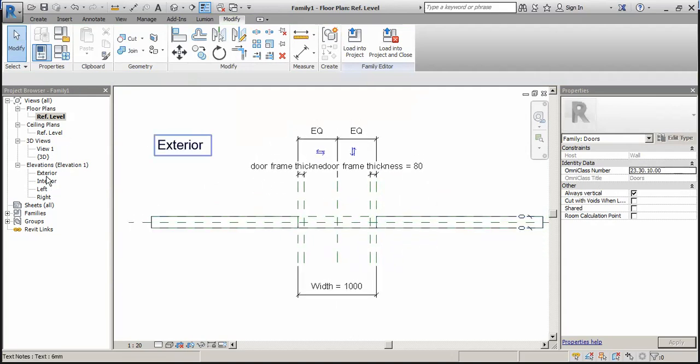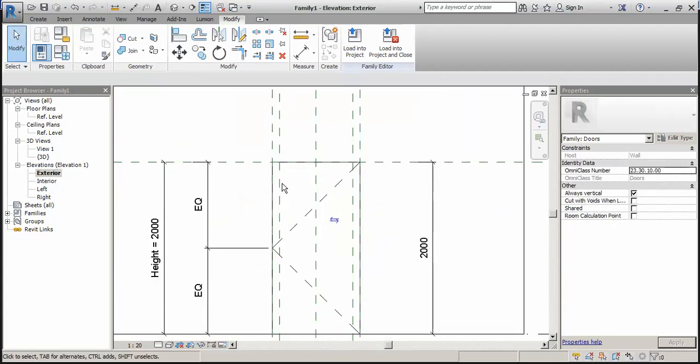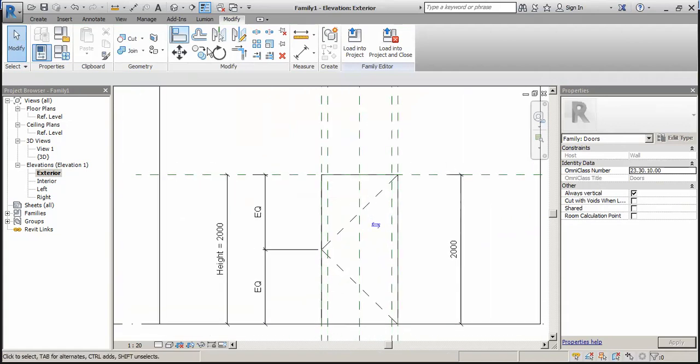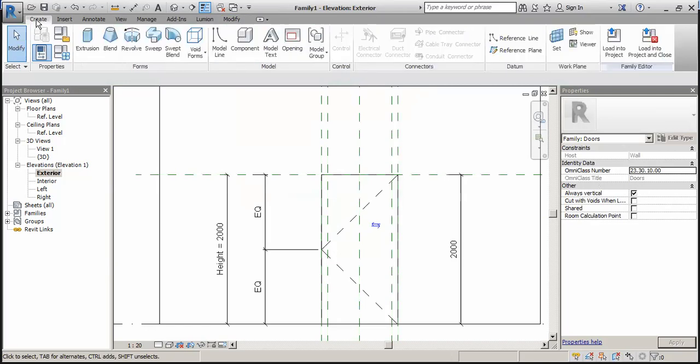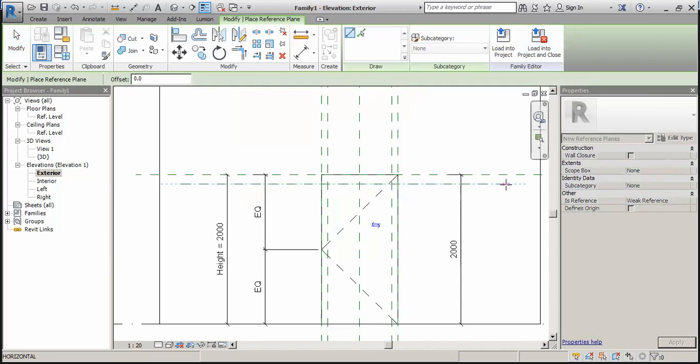So we will go in exterior elevation. So here also we will create one parameter. So to create parameter, we will go in create, and again we will take reference plane, and we will create one reference plane here.